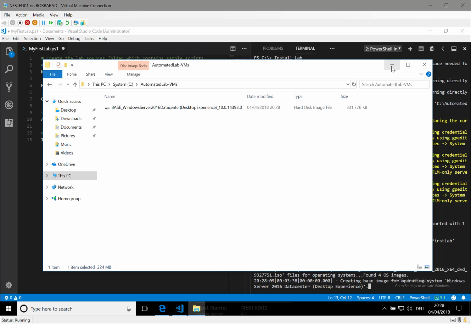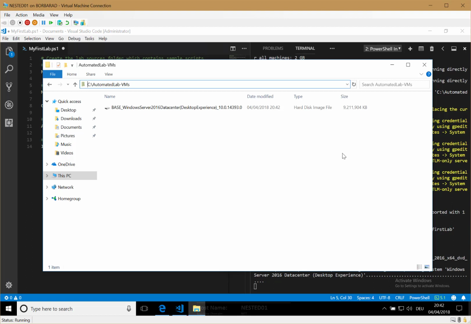So let's wait for that to happen. The process of creating the base image actually takes some time, but this only happens once. So once your first base image of this particular edition of Windows Server 2016, for example, is done, all subsequent lab deployments will be quite fast.